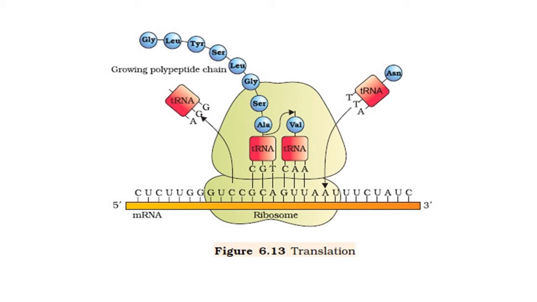mRNA also has some additional sequences that are not translated and are referred to as untranslated regions. In short, it is also known as UTR. These UTRs are present at both the 5' end, before the start codon, and at the 3' end, after the stop codon. So on both ends UTR is there.